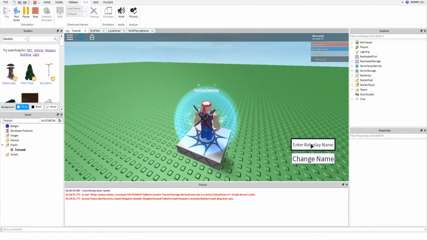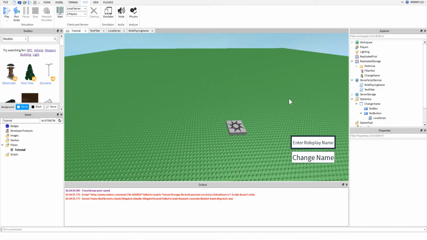My name is the same. It doesn't change the box text back to the name, but it doesn't really matter. Who cares? Okay, now let's go ahead and look at the filtering part of the tutorial, the text filtering part